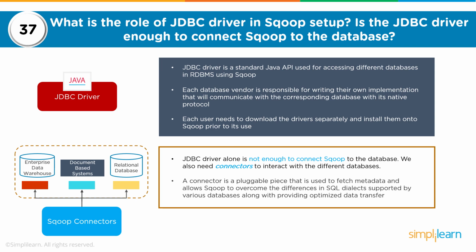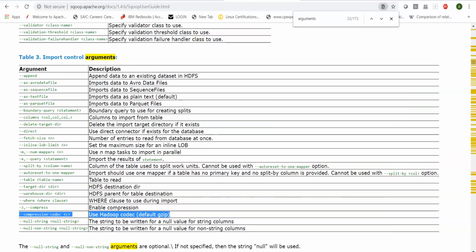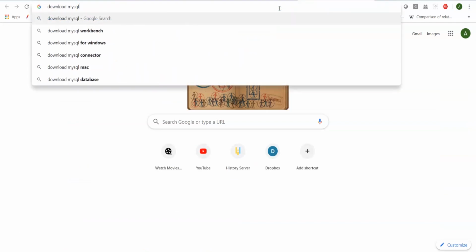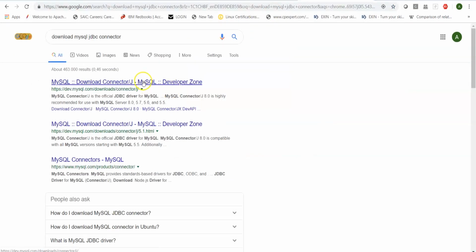A connector is a pluggable piece that is used to fetch metadata and allow Sqoop to overcome the differences in SQL dialects. So this is how a connection can be established. Normally your admins, when they are setting up Sqoop and Hadoop, would download, say, the MySQL JDBC connector, and this is how they would go to the MySQL connectors if you are connecting to MySQL.